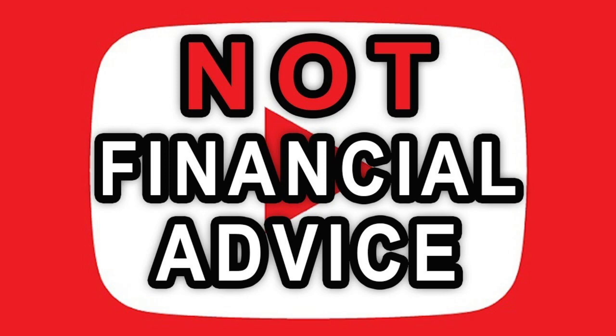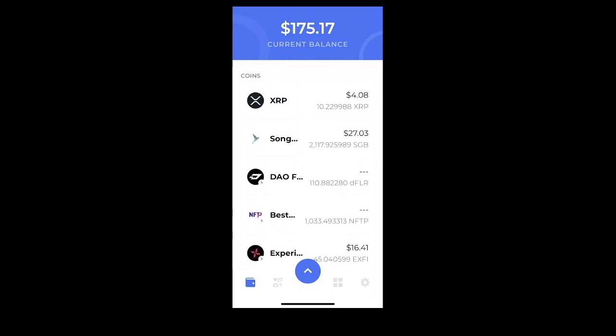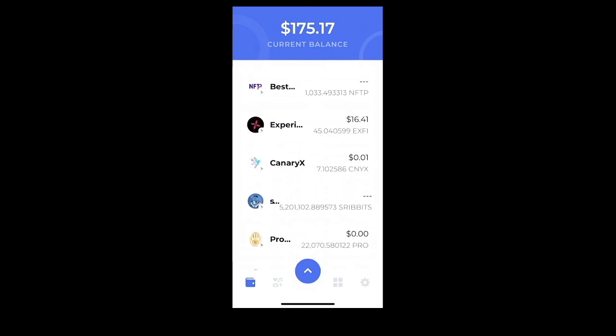So what we're going to do is use the Bifrost wallet today, and I'll show you here on my phone. Just before we get started, I've got currently 2,100 Songbird and about 22,000 Pro. So what we're going to do is go over here to the Oracle Swap DEX